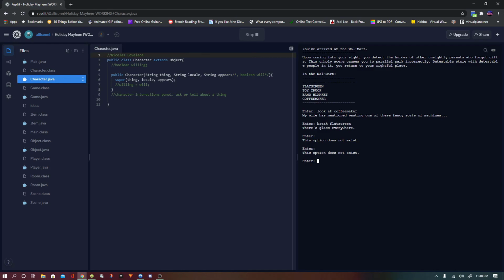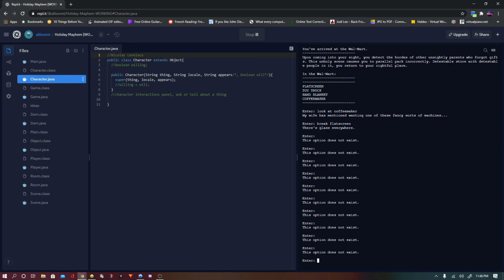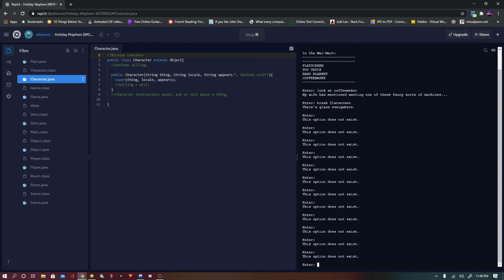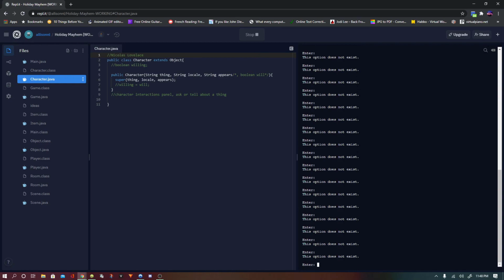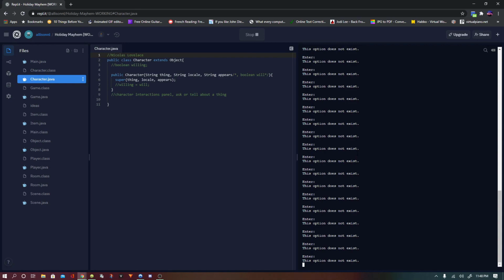Let me see if I can run out the time, because this would be the worst possible ending if I'm not at the house and I don't have any of the objects in my inventory. I hope this works. I don't remember if this is something we can do or not. I don't know if I programmed it out or something. But I should be able... Oh, there we go. Oh my god, I got a nothing ending. Yeah. I love that for me.